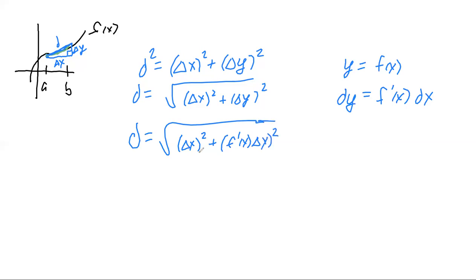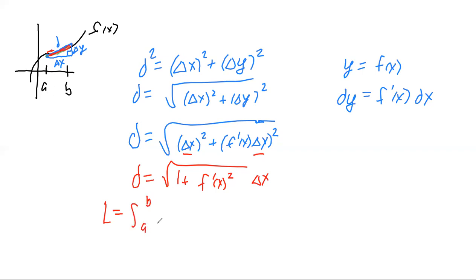And more to the point, because these both now have a delta x squared in common, we could factor that out, and d is going to equal the square root of 1 plus f prime of x squared, and then this would be a delta x. Now in the limit, this turns into a dx, and we can think of this as the actual length. We take the limit as the width, or one of these little delta x's or delta y's, goes to 0. These little line segments get finer and finer. We get the true arc length of that curve, not the approximation. We can think of this, if we're going from A to B, as the integral from A to B of the square root of 1 plus the derivative